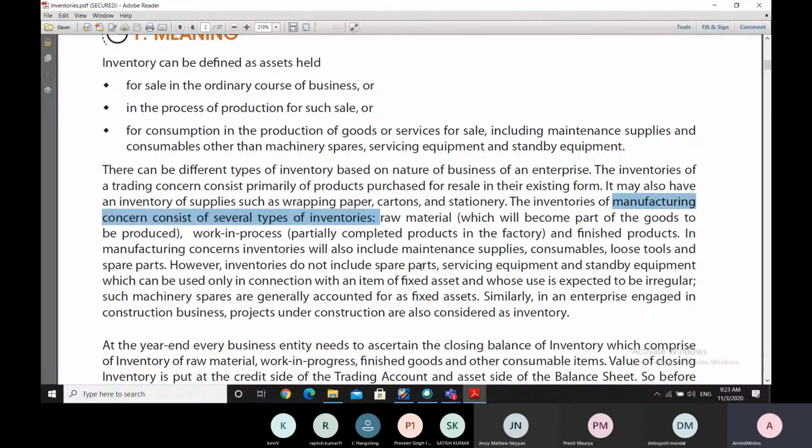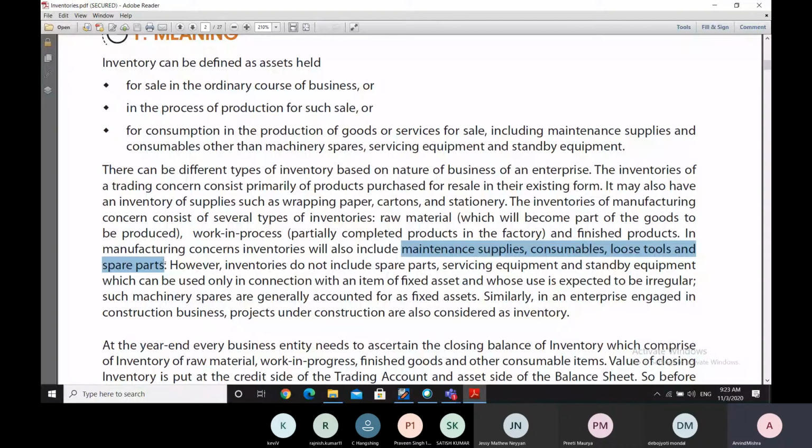However, in the manufacturing concerns, you will also include maintenance supplies, consumables, the loose tools, and the spare parts. So these are broad things which are to be included, but however, we must understand that out of these, what